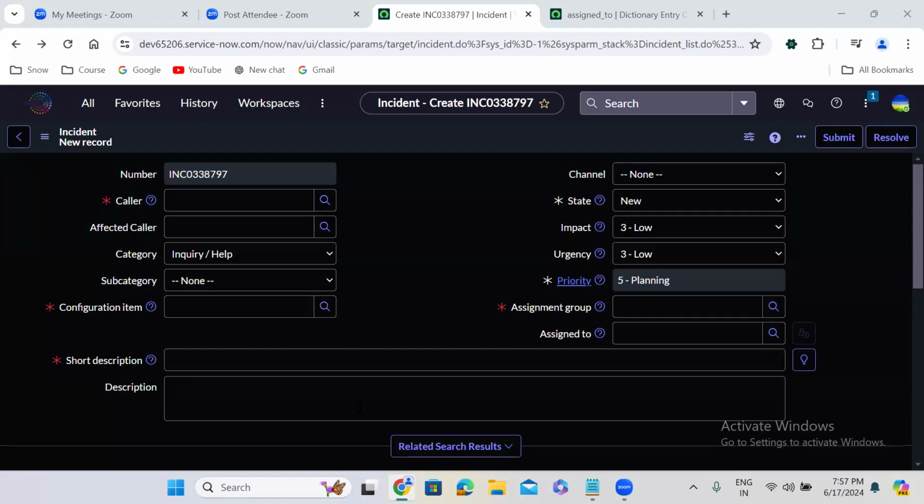AT&T, Deloitte, KPMG, the same. So the companies which are using the ServiceNow platform will hire you, and ServiceNow company also will hire you. Okay, hope I answered you, Ali.